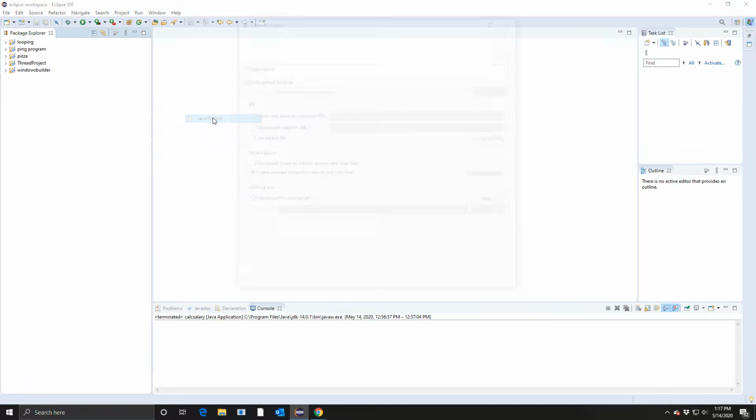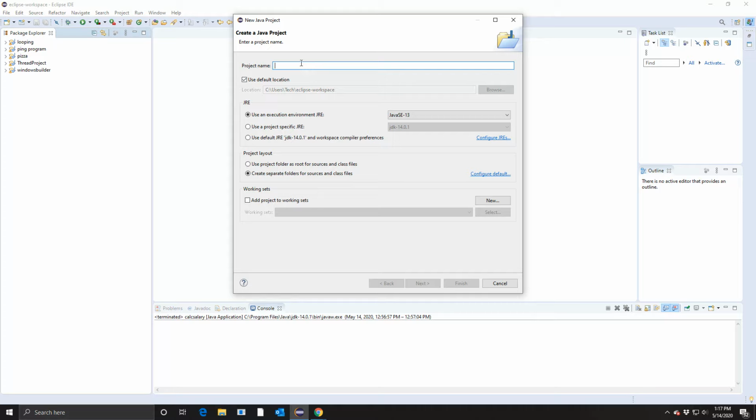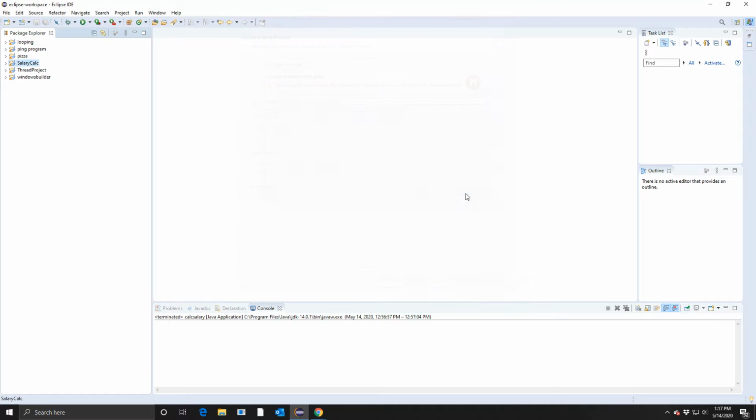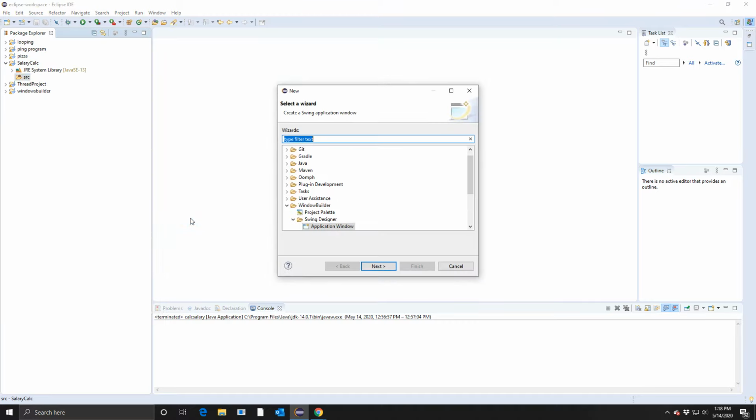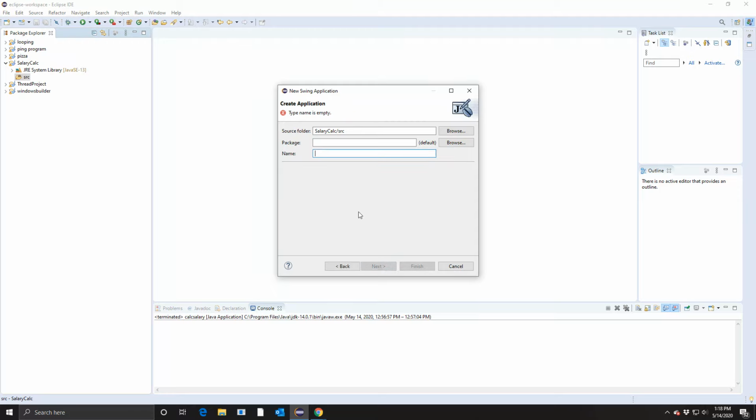New Java project. Salary calc. Create. I'm going to right click source, new, other. I'm going to choose application window under Windows Builder and Swing Designer. From a previous video, you'll see that. I'm going to name this